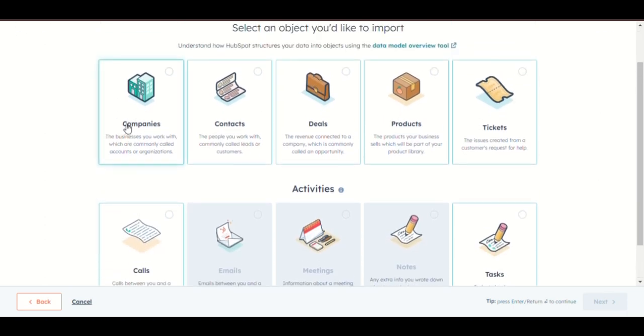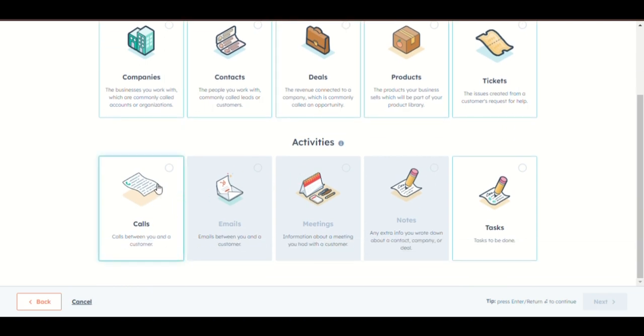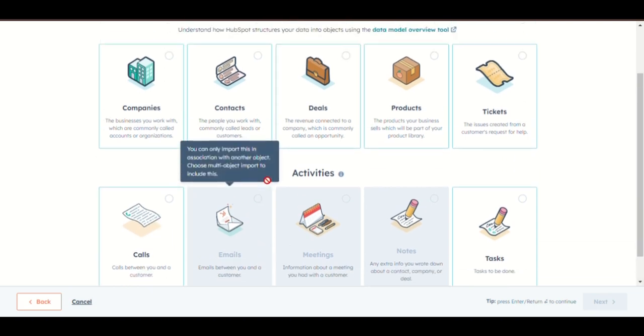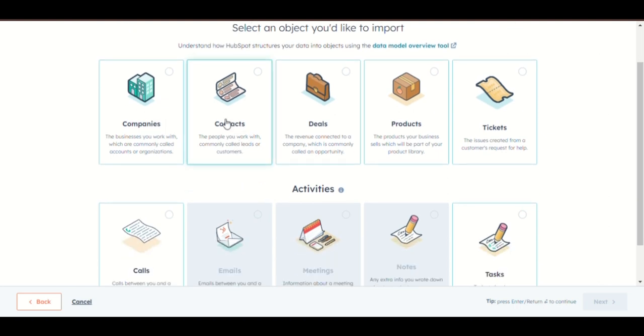So companies are the businesses you work with, which are commonly called account organizations. Contacts are the people you work with, commonly called leads or customers. So it depends on the kind of contact that you want to import. This time around, I'm going to import